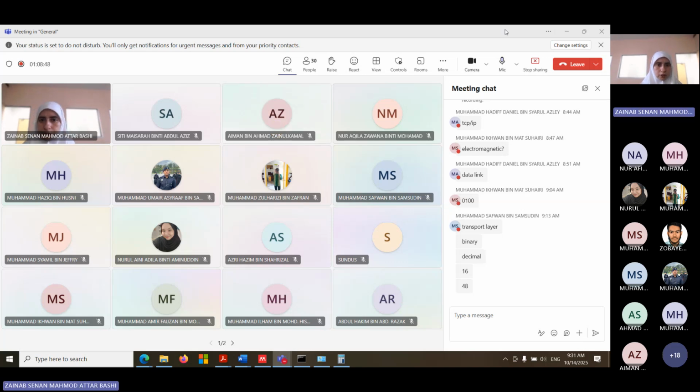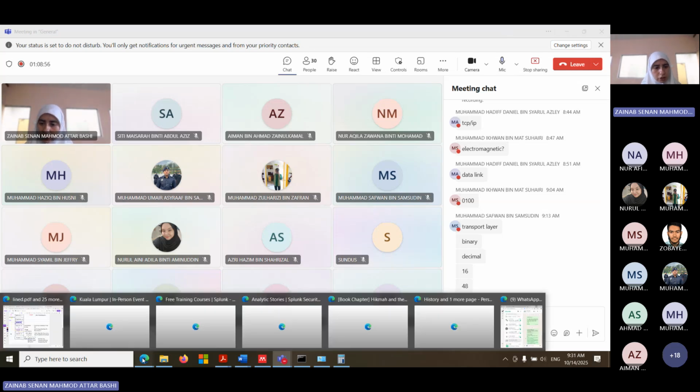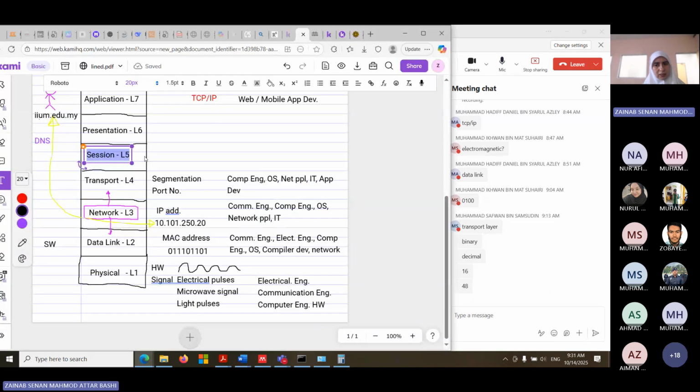If you want to communicate with me using Microsoft Teams, you have to use another session, open a new session. So that's simply what the session layer is doing. We don't study it a lot because it's more toward how applications work. For example, you ask for delivery. At the moment you click on order something, a session will start, which will include the driver, the restaurant, everything. When you receive the order, the session will be closed because nothing more is related to that session of ordering. So simply, that's one thing.